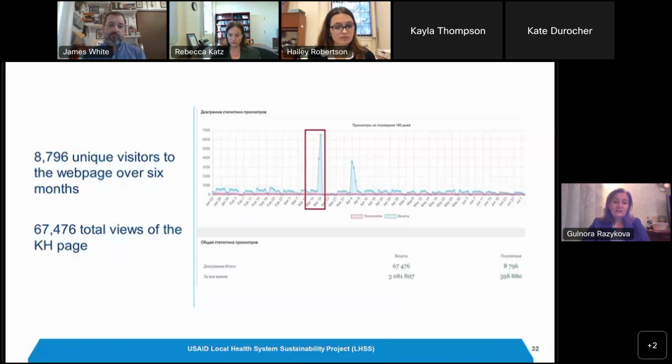Approximately in Tajikistan, unfortunately, no one knows the exact number of healthcare workers because of migration. So about 24,000 healthcare workers. This includes doctors and medical nurses. So as you can see, almost 50% have already visited the Knowledge Hub and used the materials that are inside of the Knowledge